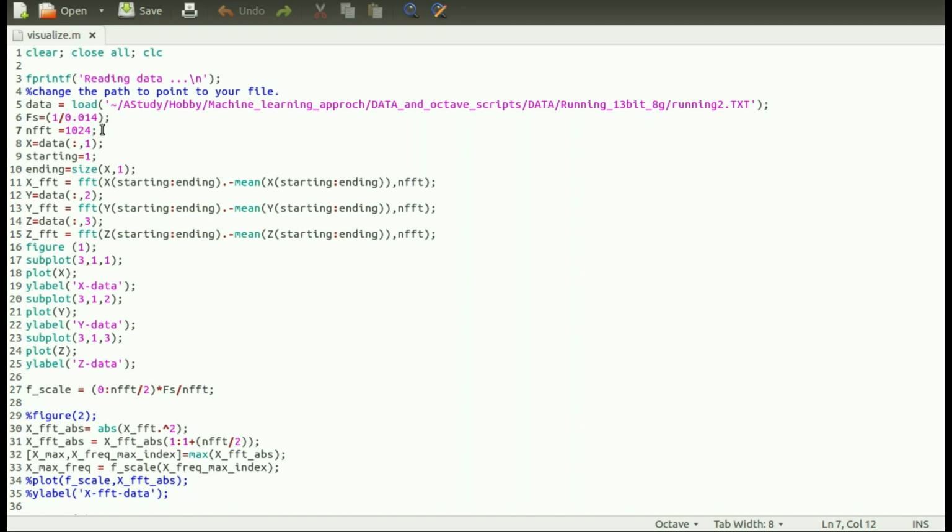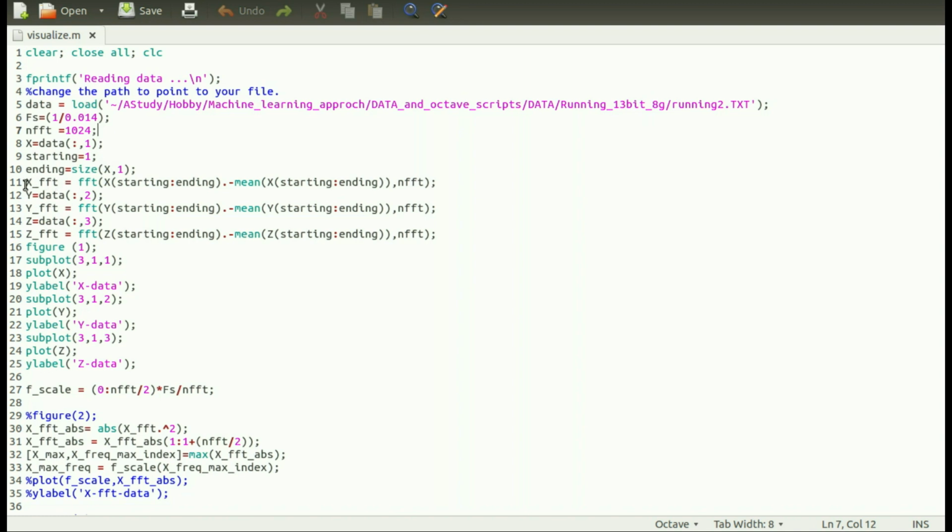Next, I am computing a 1000 point FFT, and I will not go into detail about it, but what FFT does is convert a discrete time signal into its frequency domain. I encourage you to look up the Wikipedia page for the FFT algorithm. In short, it converts from time domain to frequency domain. It says what frequencies are contained inside this signal, and the one with the highest component will act as the dominant frequency, which I will show you shortly.